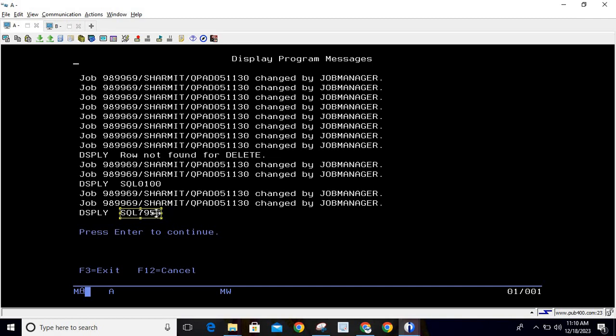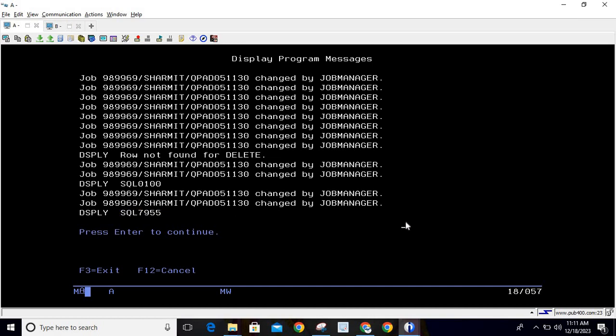And when you search this message ID on the internet, just go to the browser and search for IBM i message ID SQL 7955. It will provide you all the information regarding this message ID, like what the error message is and what conditions cause it to arise. Similarly, if you search for SQL 100, it will tell you that the row was not found. But here, it is deleting the record. So for deletion of a record, it is providing the success message ID, something like this, 10 has been removed